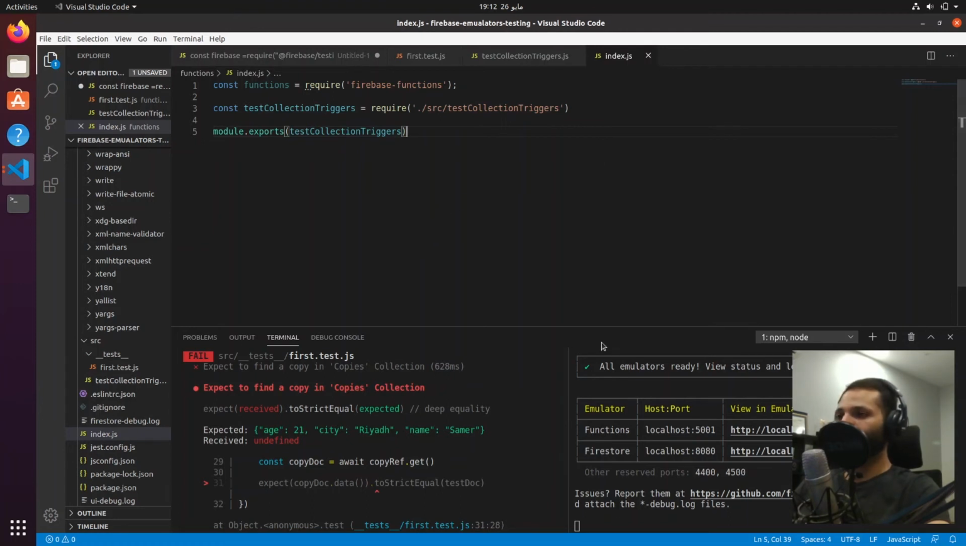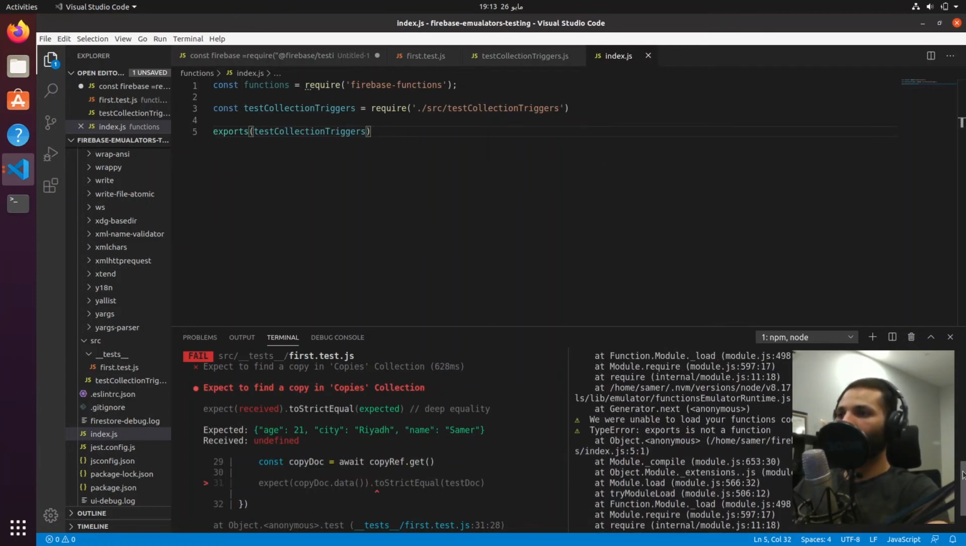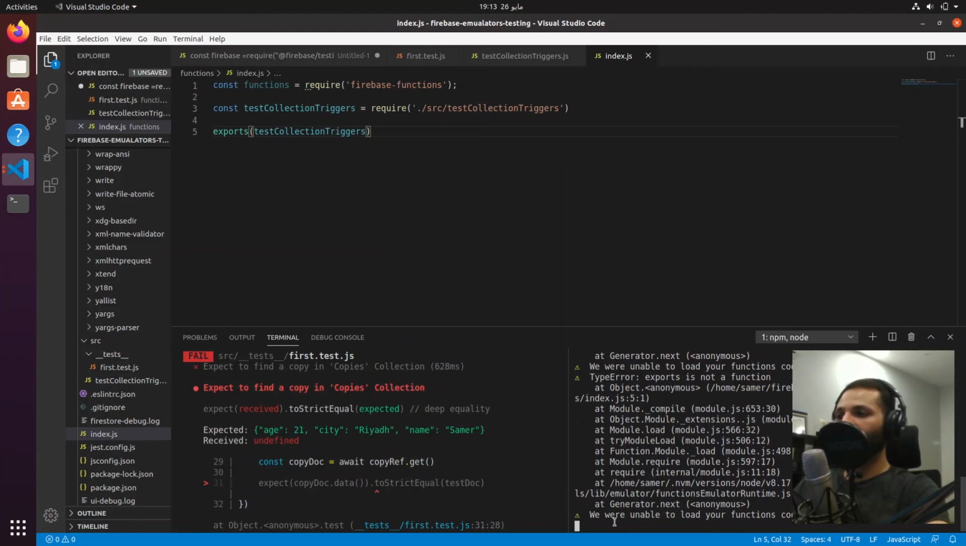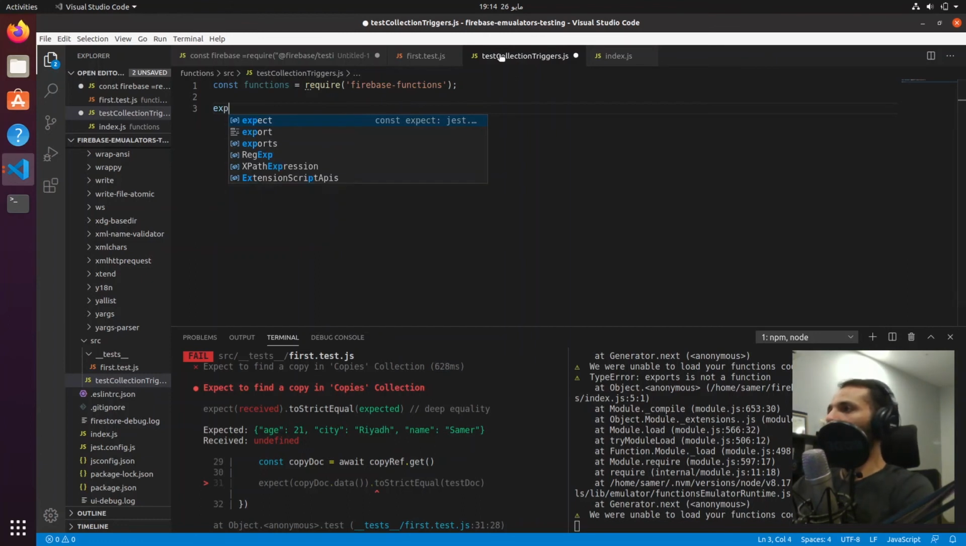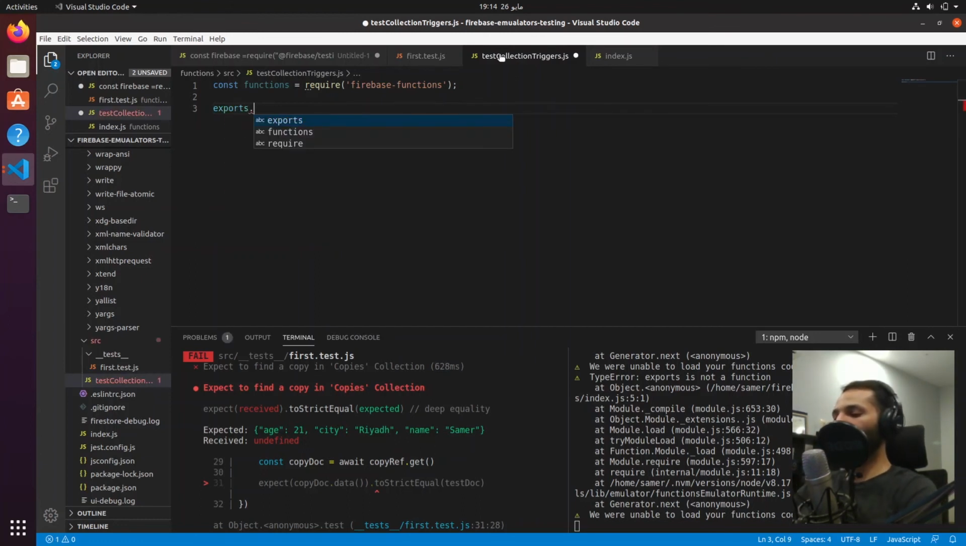Let's save this. So we're getting an error now. The reason is it says we are unable to load your functions code, and that is because we have no exports in our actual test collection file. So let's make our first export, and we're going to call that function onCreate. Okay, so let's just call it that, onCreate. And that's going to equal